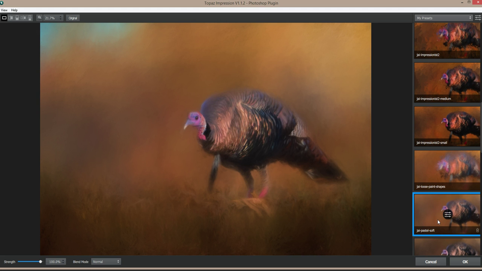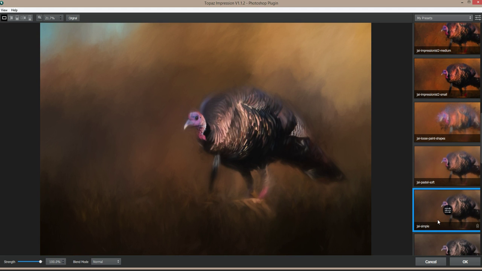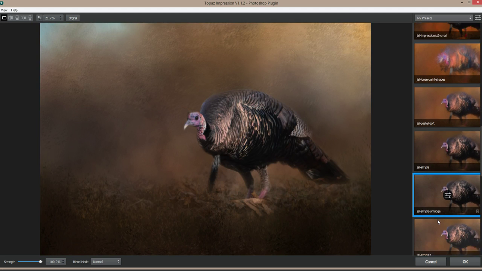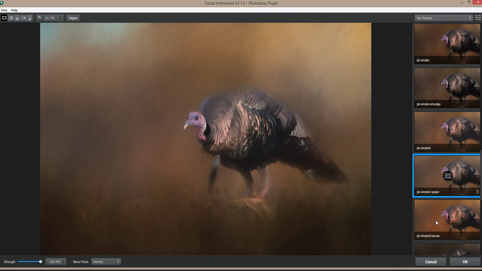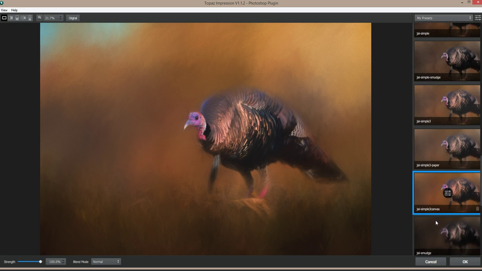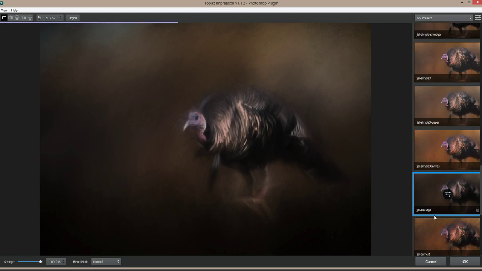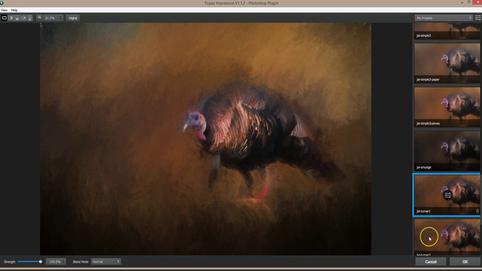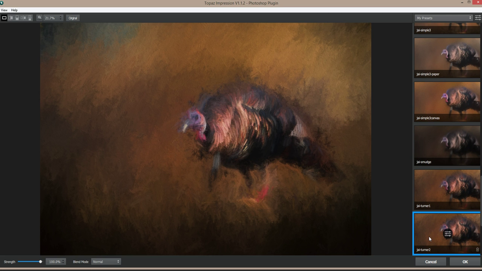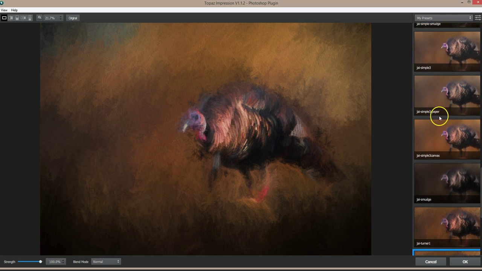And I'm just trying to find something I like that's not too soft. These are all presets I've created. That's a real soft look on canvas, which is kind of pretty, but I wanted to show you basically how to use Impression with the layers. Okay, I'm going to go back up to